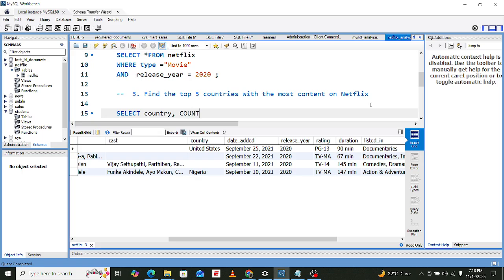And are we counting all? Yes. And then from our table, which is Netflix. That is from Netflix.